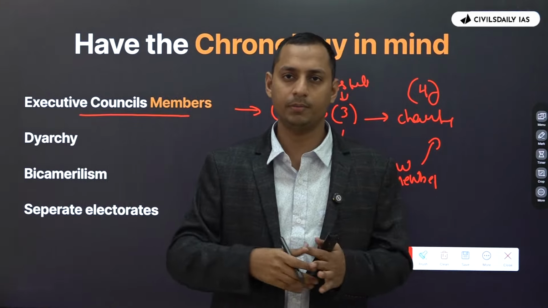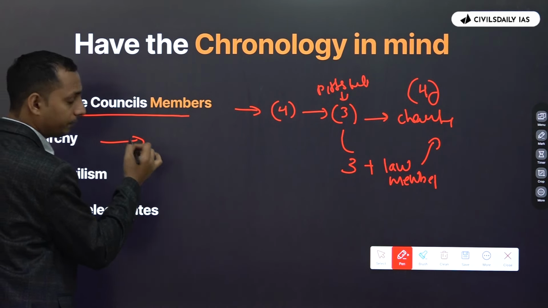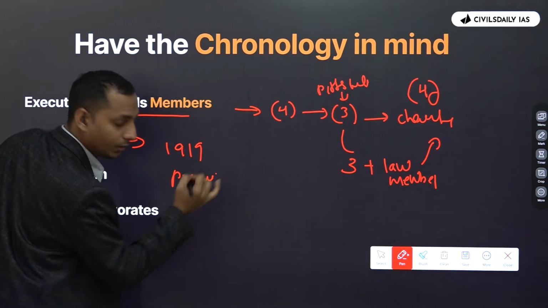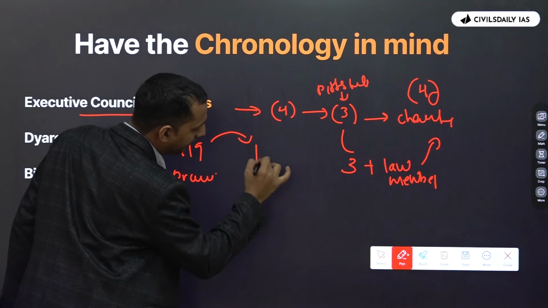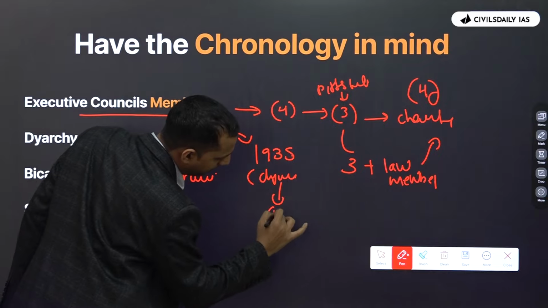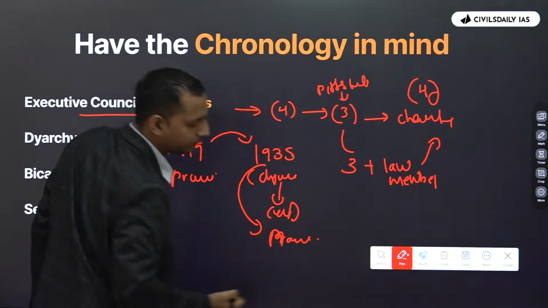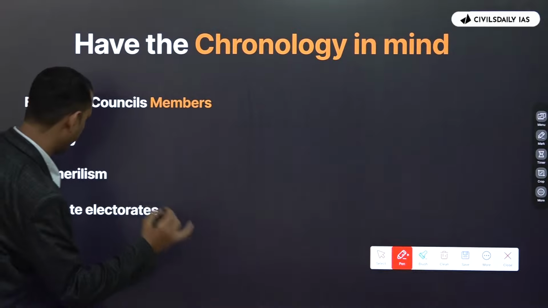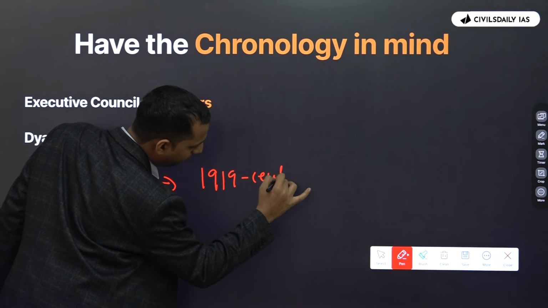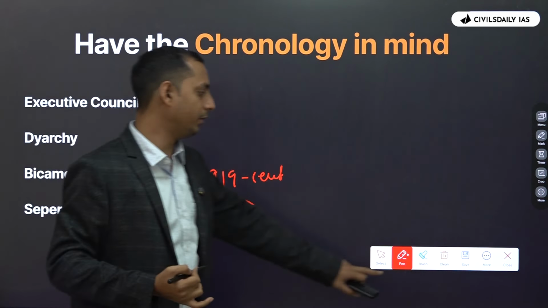After completely going through the same, you try to recall with respect to each and every important topic. Let's say, for example, diarchy. The diarchy was introduced in the province in 1919, right? In the 1935 Government of India Act, the diarchy was introduced in the center, and got abolished in the provinces. Right? What about bicameralism? Bicameralism got introduced in the center in 1919 and got introduced in the province in 1935. So this is the way you have to recall.